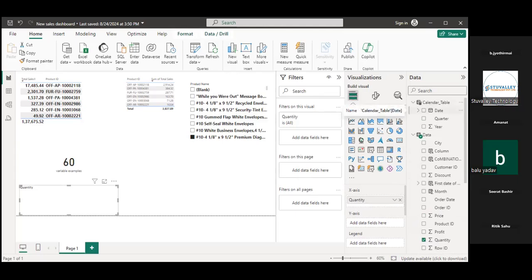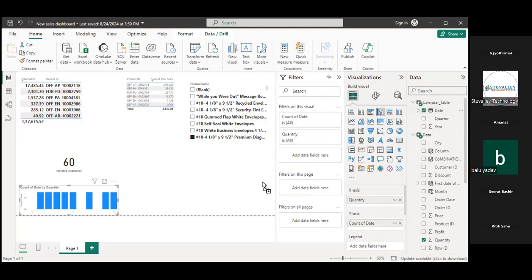I put this date inside the date in the y-axis. So see, now you are able to see.